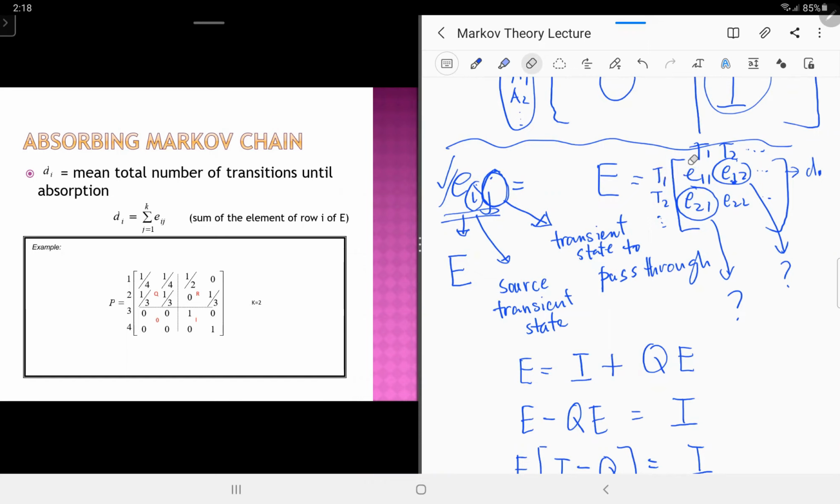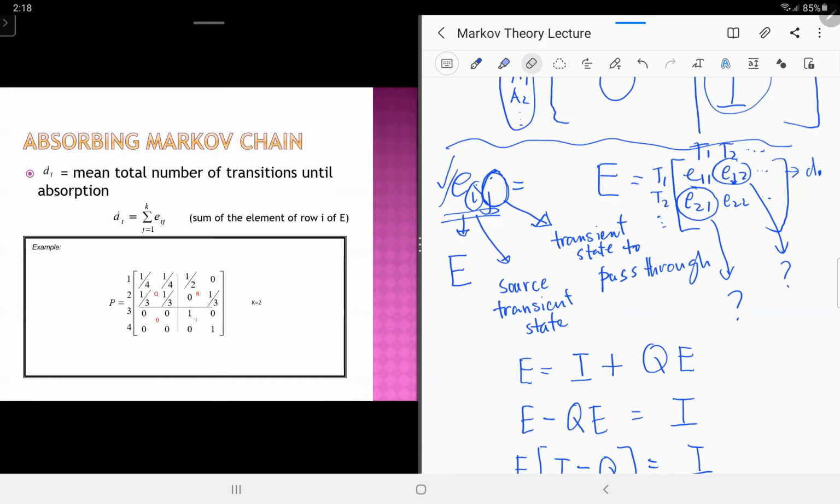I will count the number of times I will pass through transient state 1 myself, the number of times I will pass through transient state 2, the number of times I will pass through transient state 3, and then add all of them to get the total number of transitions, or total number of times I would have to pass through all the other transient states